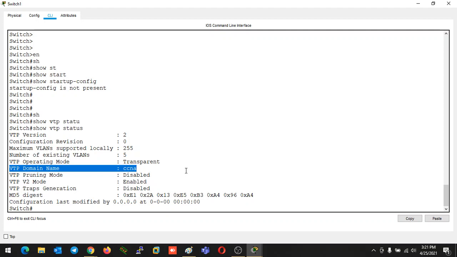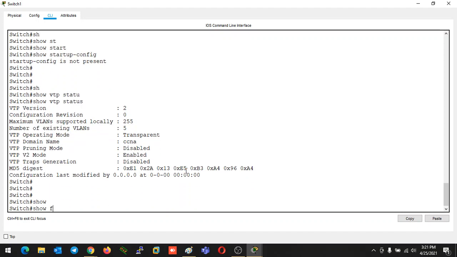So in that case, even if you delete the configuration, those things are saved in flash memory in the vlan.dat file. They are not stored in the startup configuration or running configuration. If you create VLAN 1, 2, 3 or something, those are also not stored in the startup configuration. In our scenario the same thing happened. We deleted the startup configuration file, but the VTP database is still available in flash memory.